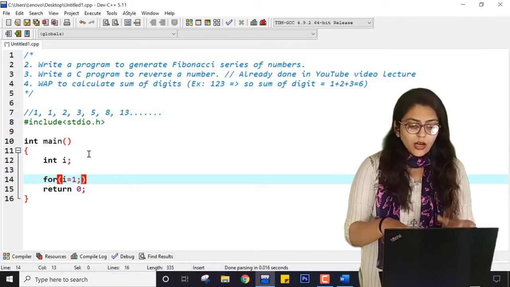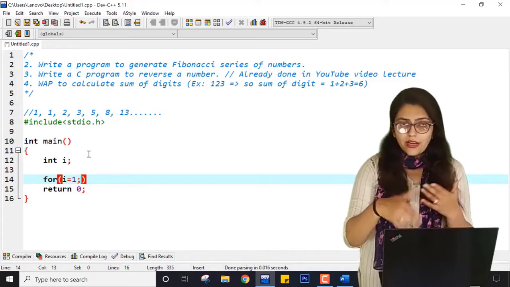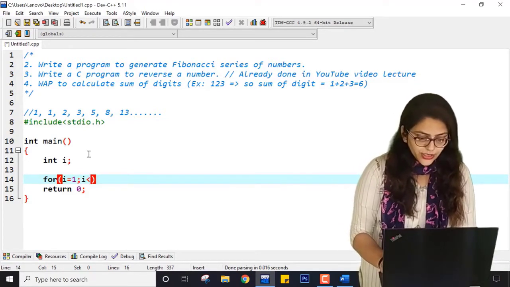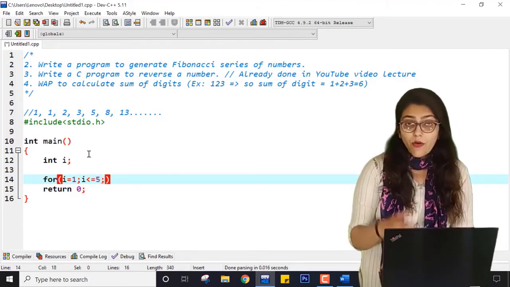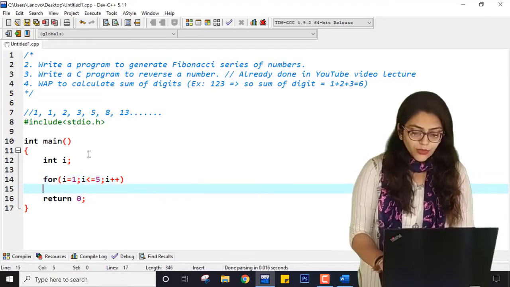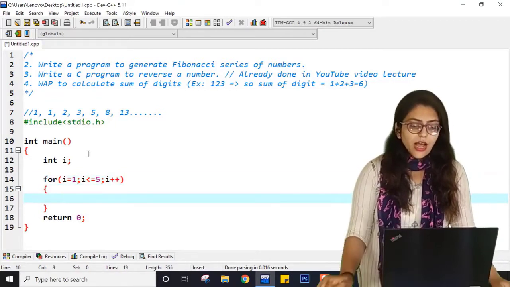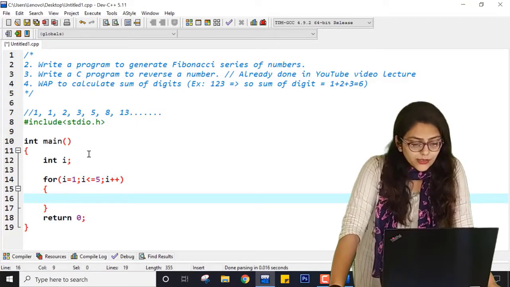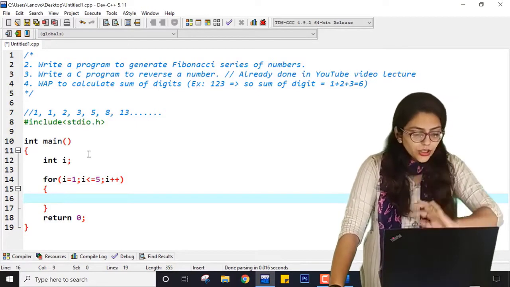So right now I can be 1 or 0 or any other value. I is iterating for 5 times because I want the first 5 Fibonacci numbers. That's why I am writing I less than or equal to 5, and here I am writing I plus plus. Now what can I do?